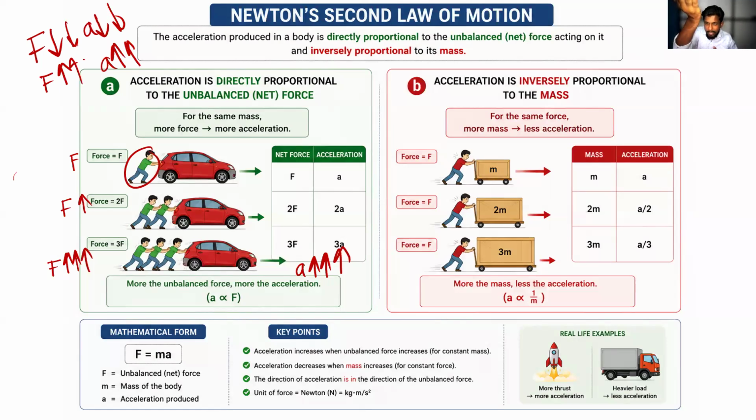If the force increases, acceleration increases. If the force decreases, acceleration also decreases. It happens in the same way, right? So this is called directly proportional. In another term, oppositely proportional means inversely proportional. Just look at the picture. If the mass gets low, what happens to the acceleration? It increases. So it happens in the opposite way, right? And if I increase the mass,